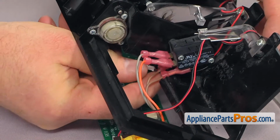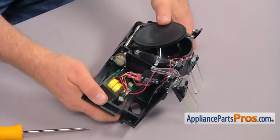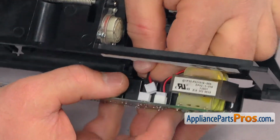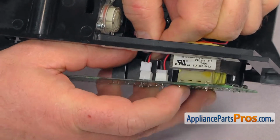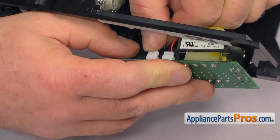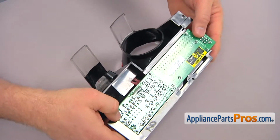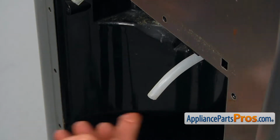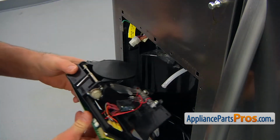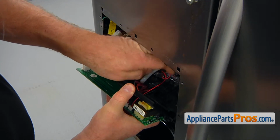Okay. And then I'm gonna turn it over slightly and connect the plug. I'm gonna plug this one into the control board. And it's ready to be installed. Let's put some soap at the tip of the hose so it will be easier to push it through the bracket. And now we're going to install the bracket, but first we need to place that water line into the